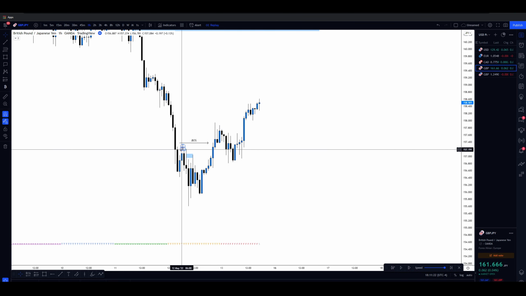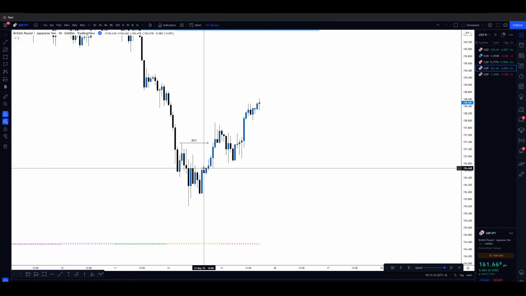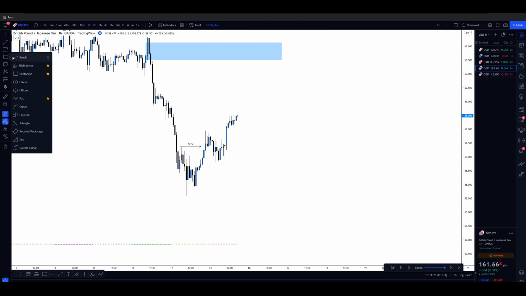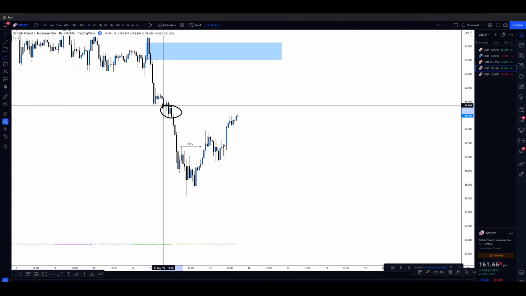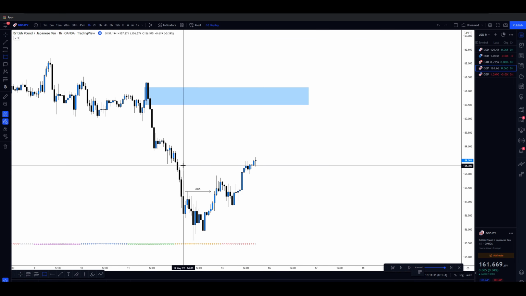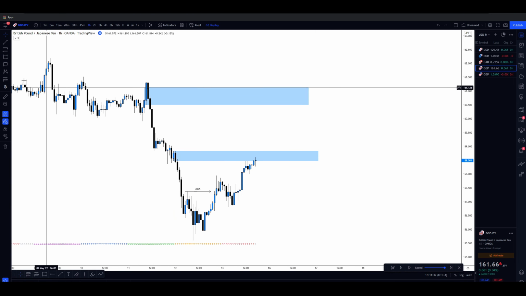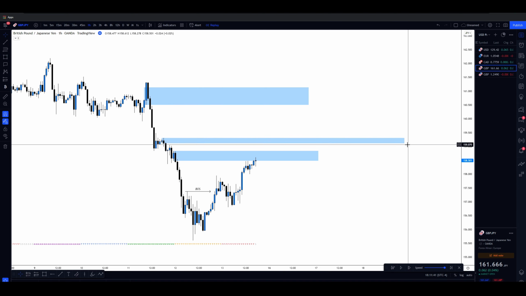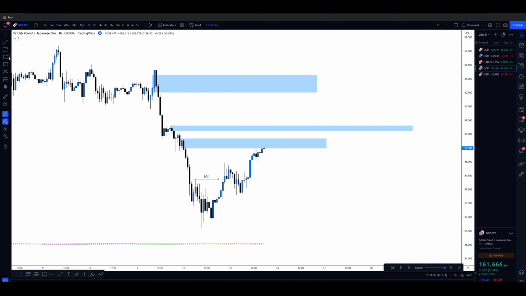Why did the market just impulse? Why didn't it give you that opportunity on Friday and then go up on Sunday? The reason is because we still have higher time frame traders that are trading the downtrend. What do I mean by that? Well, for example, right over here, we can see there's a 1 hour institutional candle. We can see that there's another 1 hour institutional candle over here. Basically, these higher time frame traders, they're taking sells.